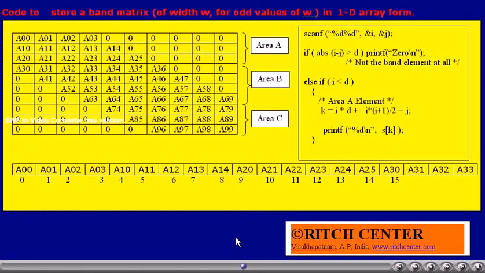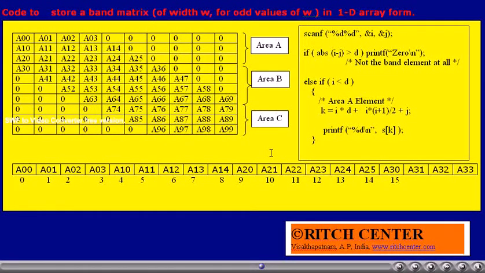If i value is less than d, what is d? d is the width by 2, w by 2. Then this belongs to the first area, area A. So, for example, let us see our matrix.